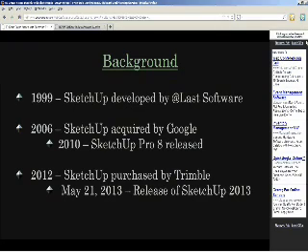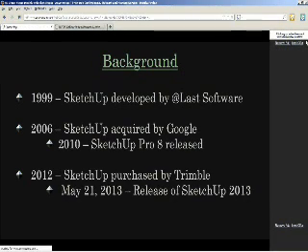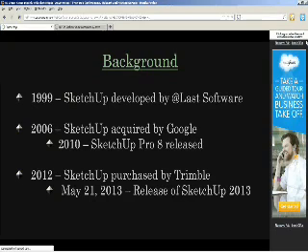And less than a month ago, Trimble released SketchUp 2013. So I'm still working with SketchUp Pro 8. That's what the presentation will be on. I'm going to talk a little bit about 2013, but I honestly haven't had the chance to really try it out. I haven't upgraded my license. And I don't think that I will because a lot of the differences that I'm seeing between Pro 8 and SketchUp 2013